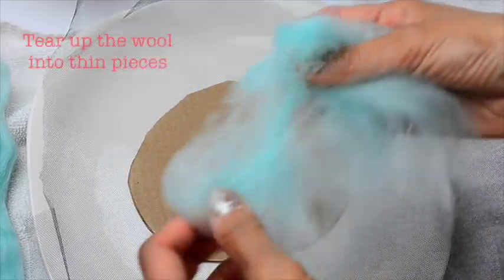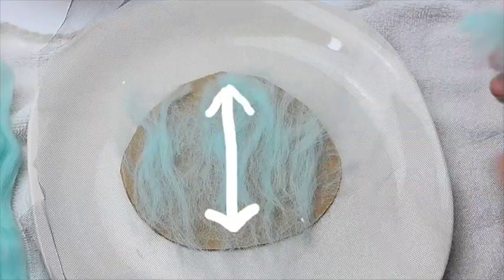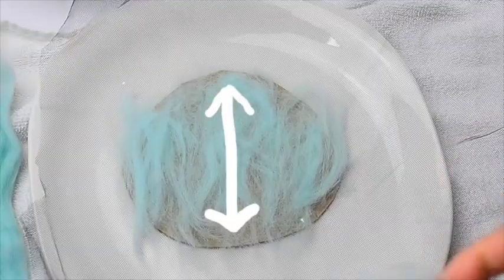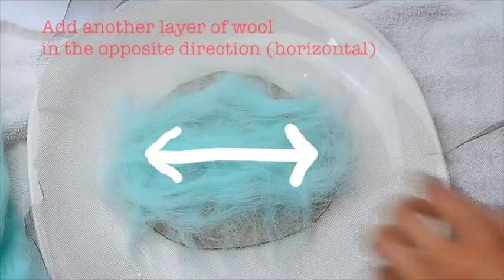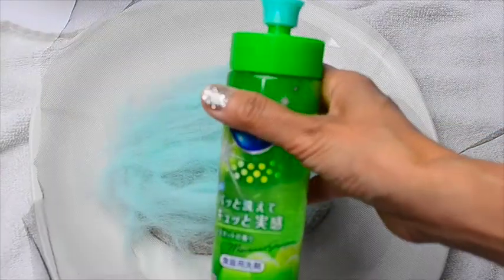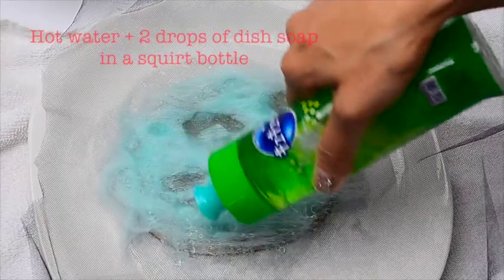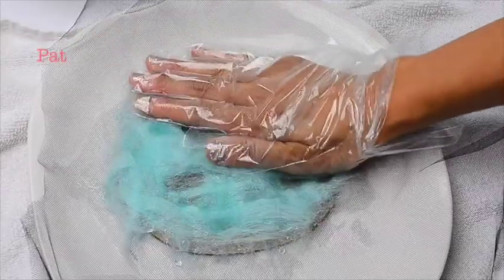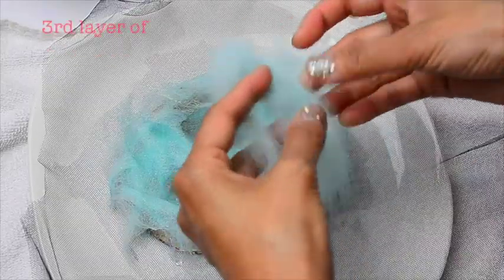You want it to be really thin and you don't want it to clump together. Layer it on top of the cardboard vertically, and then create another layer of thin wool in the opposite direction, like this. Then you want to take a bottle of hot water with about 2 drops of dish soap and squirt it onto the wool. Then, using your glove or plastic bag, pat it down gently and add a 3rd layer of wool,